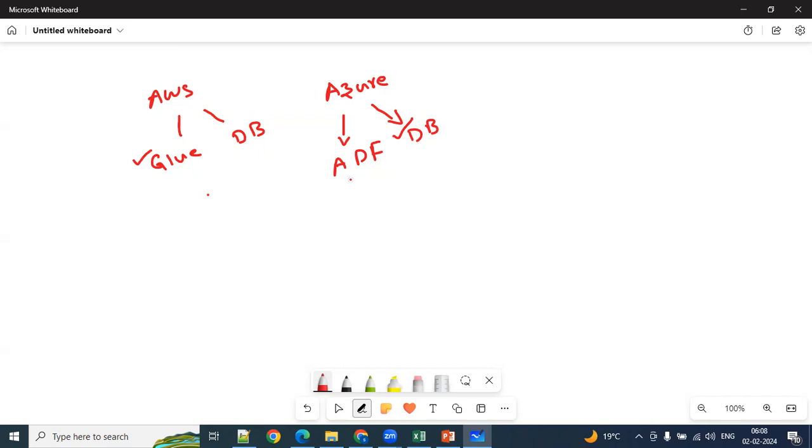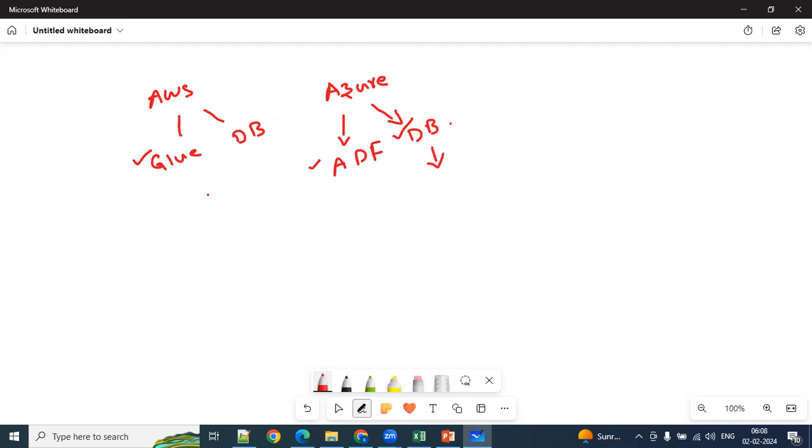You know why? ADF they try to use as an extraction tool or orchestration tool. Extraction means from the sources, they try to extract the data. And orchestration means they try to schedule the jobs. Mostly they are using ADF as an extraction and orchestration tool, and for processing the data, they are completely using Databricks only. Of course some projects are using ADF also for processing the data. When I check with my friends and other people, most of the people are using Databricks only for processing the data.